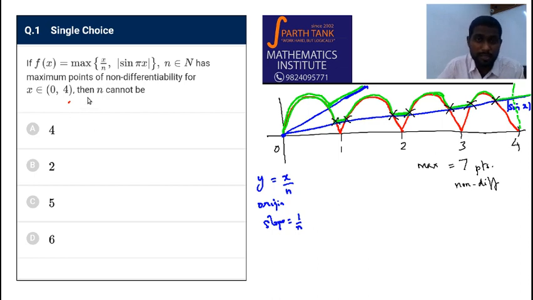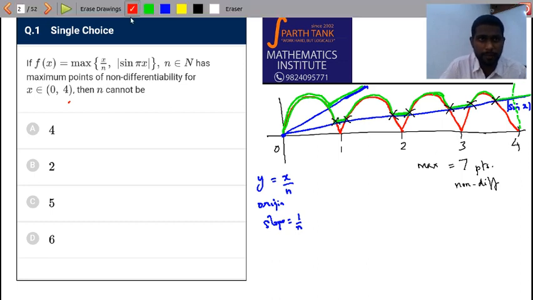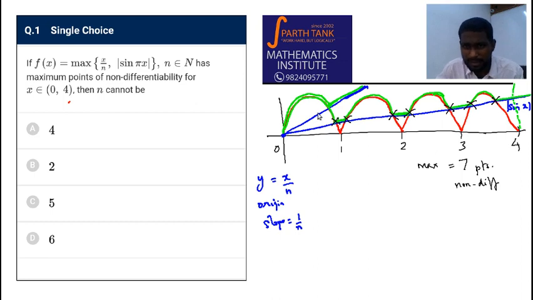So now the question is, for which value of n this condition would begin to become violated. So let us say, how will that happen? So we have to find that line. Imagine that particular line from where the number of non-differentiable points becomes 6, or slightly less than 7 basically. So can we get 6? We can never get 6 because any line will cut through these two. But imagine if I draw a line like this, let us say this is the limiting line.